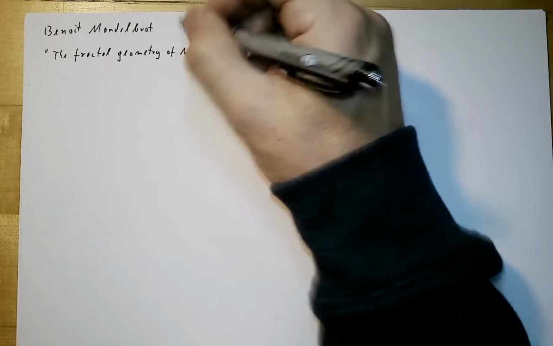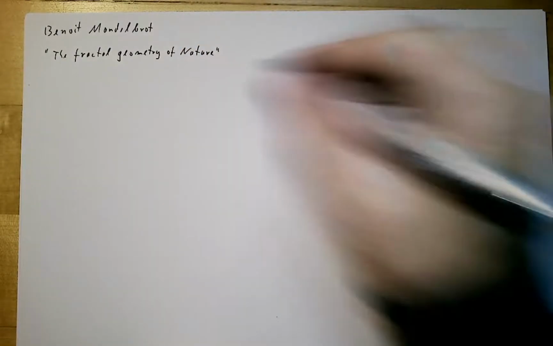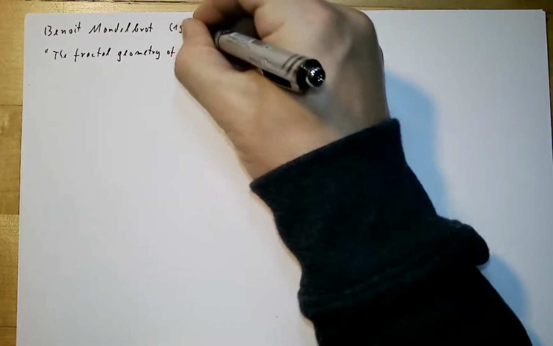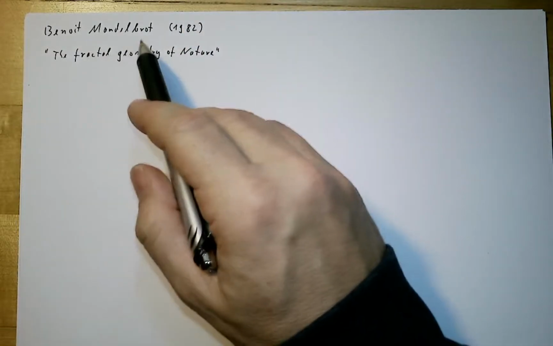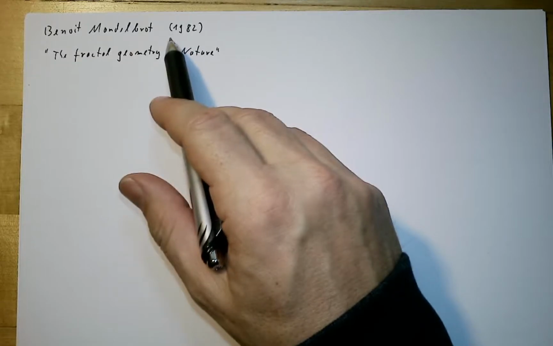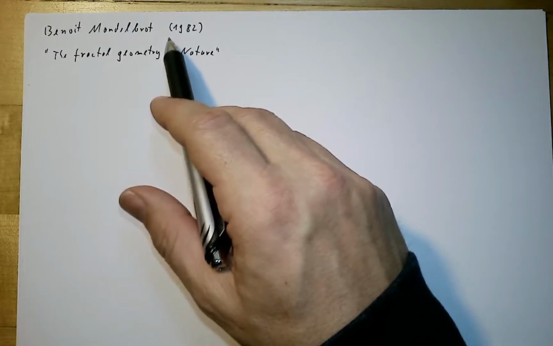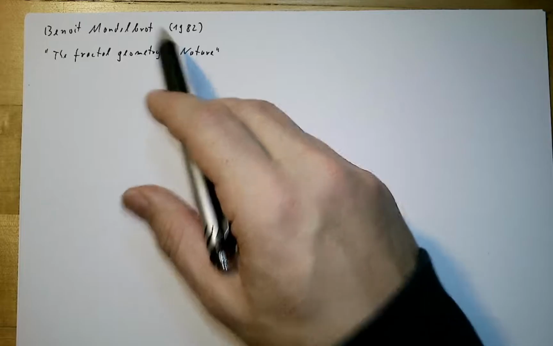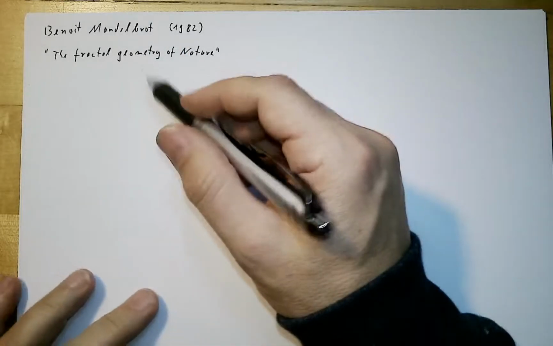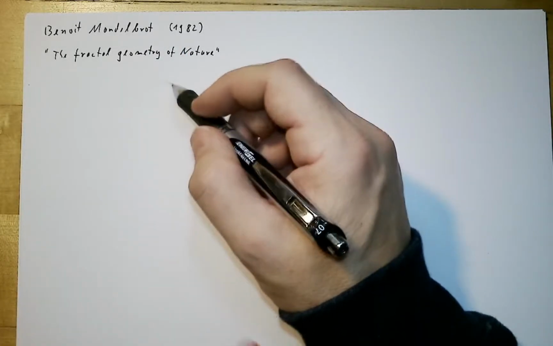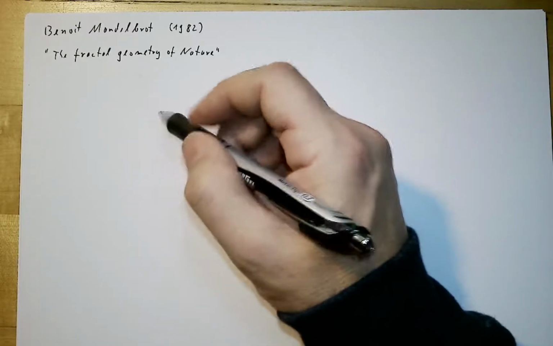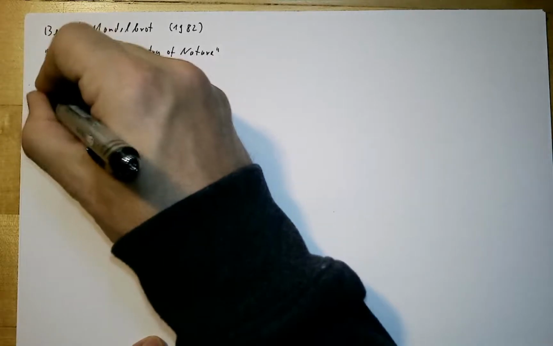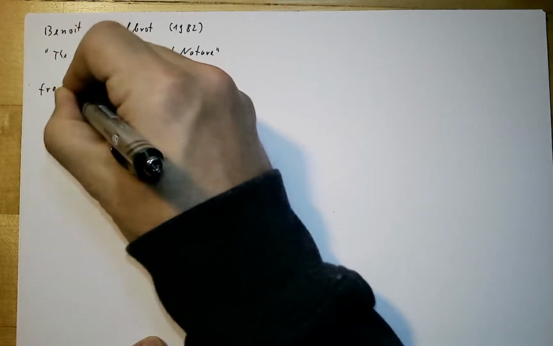And so this book appeared in 1982, but the first publication by Mandelbrot about this was in 67. He generalized these fractals to geometric concepts of many different objects. So fractals were now a new paradigm